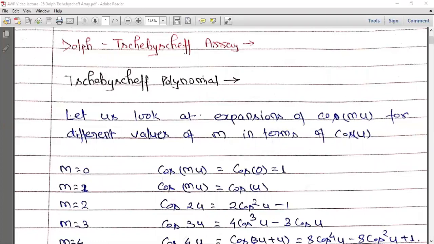The coefficients found in the expansion are used as the excitations for the different antenna elements in the array. We also learned that in the radiation pattern of a binomial antenna array, there are no side lobes as long as the inter-element spacing is less than or equal to lambda by 2. But when the spacing d between every two consecutive elements is more than lambda by 2, you find side lobes in the binomial array.